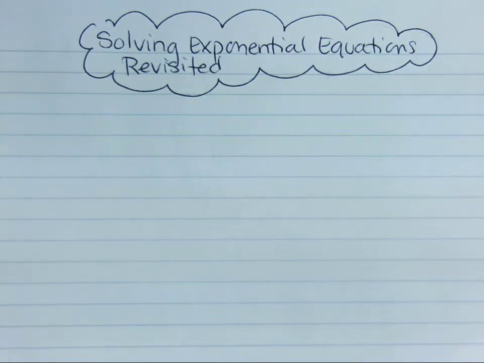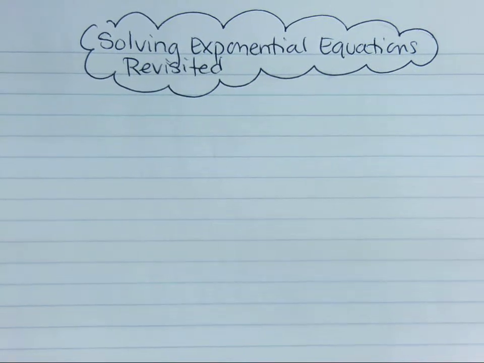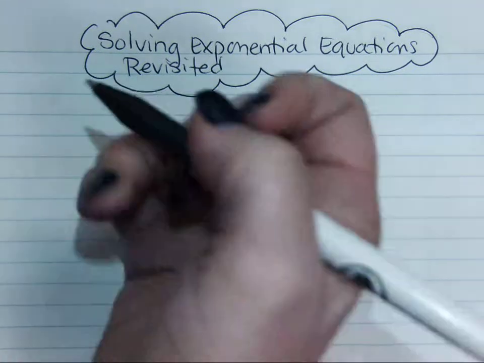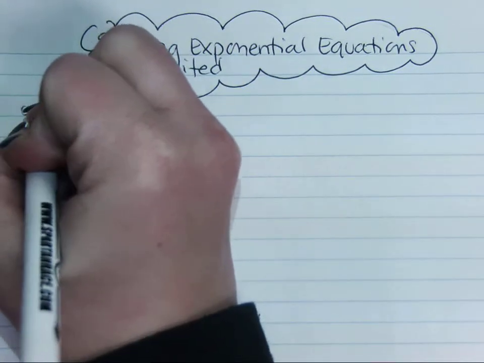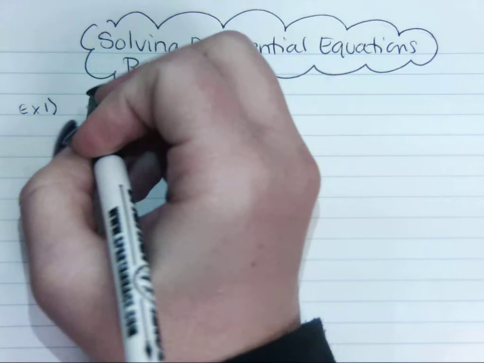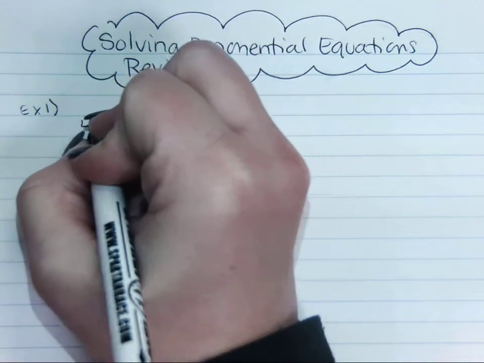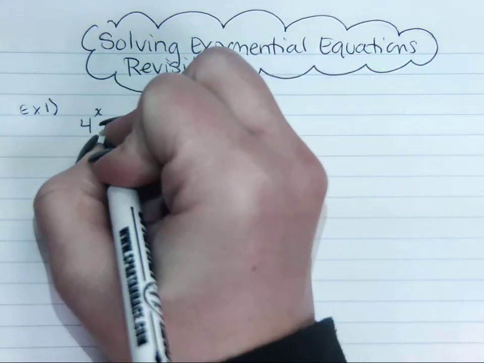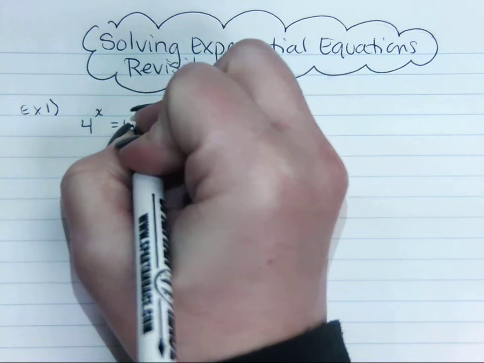So we spent a lot of time solving a variety of exponential and logarithmic functions. So what we're going to do is go to a couple of more difficult, challenging problems. Right? So our first example is going to be 4 to the x power equals 6 to the x minus